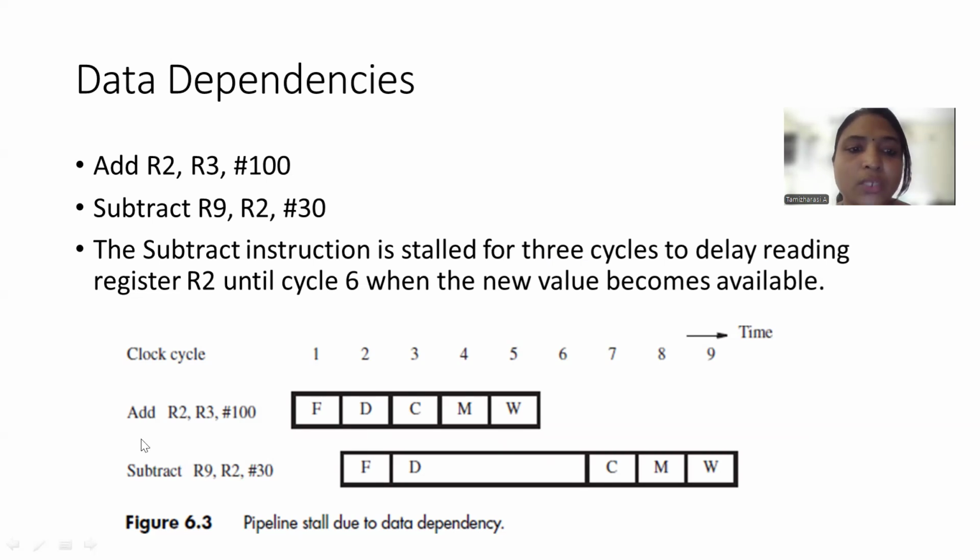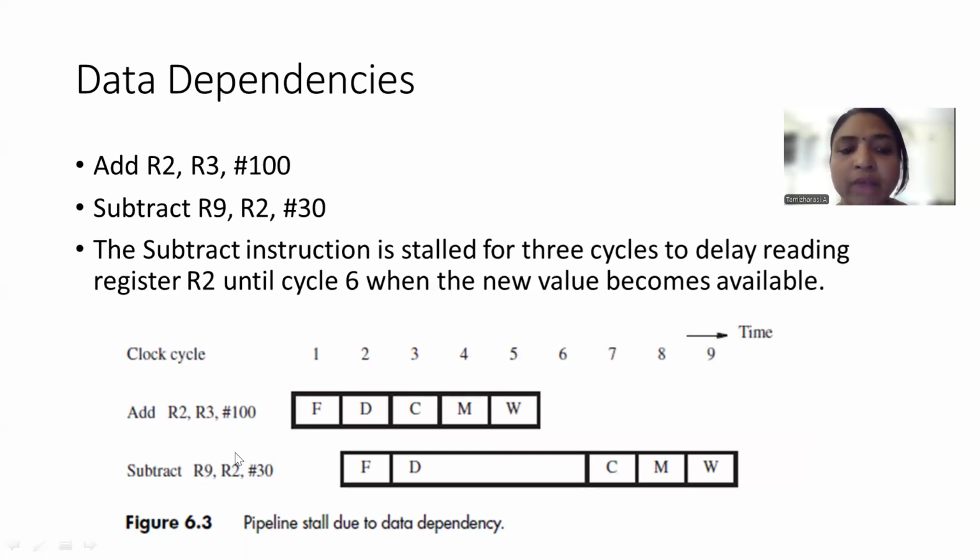So in the first clock cycle, we will be fetching the first instruction, and in the second clock cycle, the first instruction will be in the decode unit by the time the second instruction can be fetched. In the third clock cycle, you will be performing the arithmetic operation, that is R3 plus 100, and R2 data will be available only after the write operation. Only in clock cycle 5 will you have the data R2, and only after that you can perform